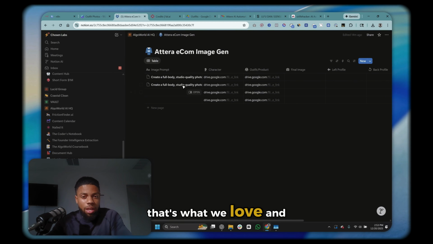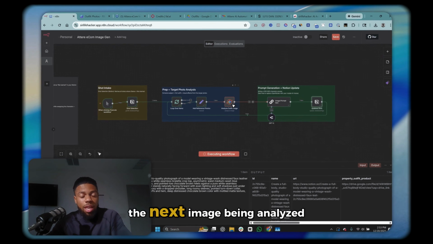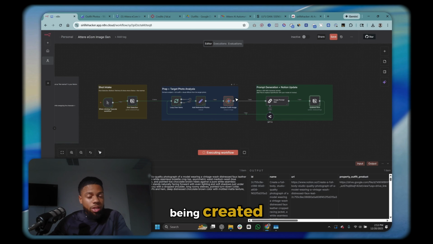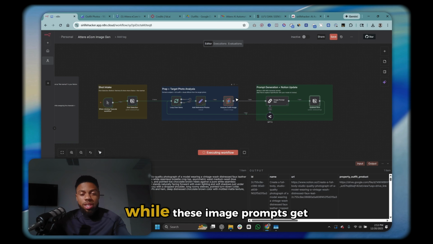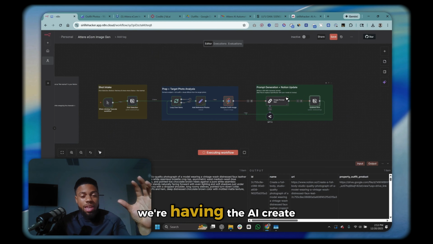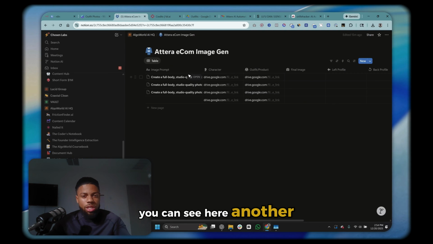That's what we love. And even this just got added in, but we're already on to the next image being analyzed and the next image prompt being created. So this is why we love N8N. I can just sit back and relax while these image prompts get created for me. No more having to manually one by one get your prompts created. We're having the AI create the prompts for us based on the outfits. You can see here, another one just got added in Notion, and now it's gonna go ahead and finish that